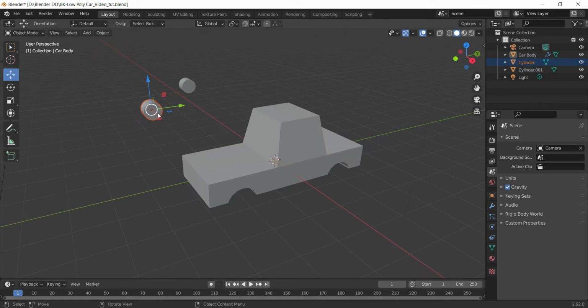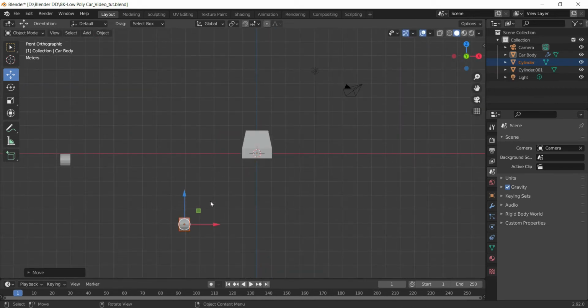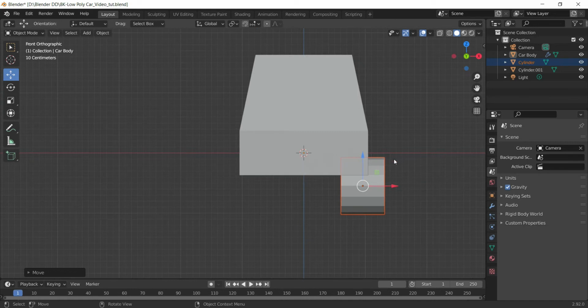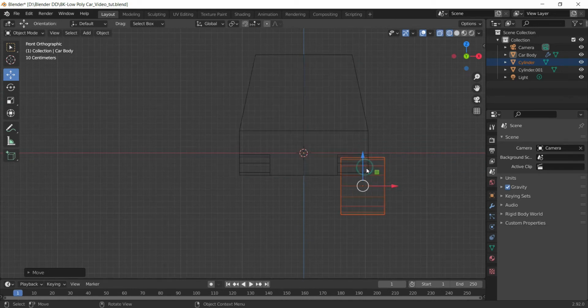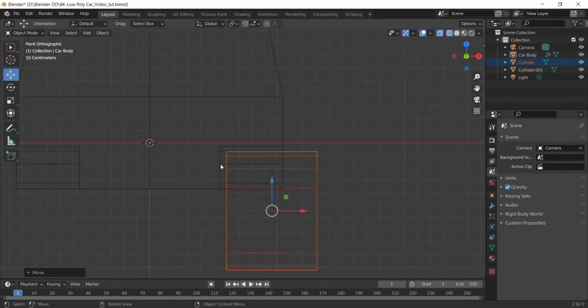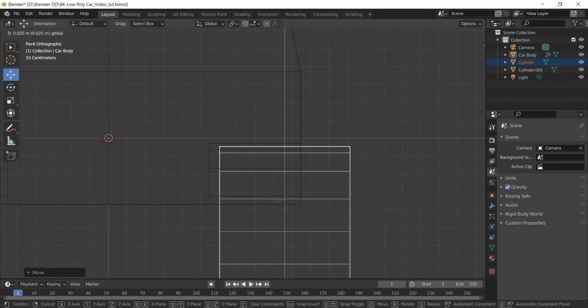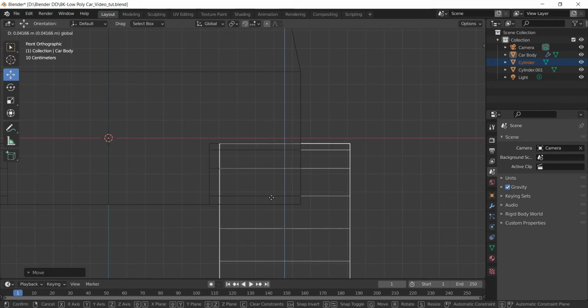Now let's bring this shape out here. Okay, so we need to do the placement. So we'll bring this here, and it's better to switch to wireframe view. So I'll press Z and I'll select wireframe and I'll adjust it very carefully.